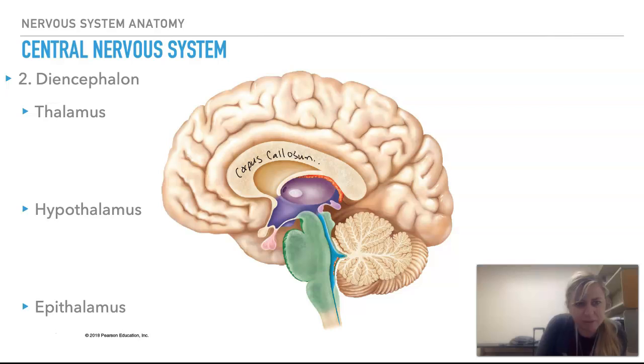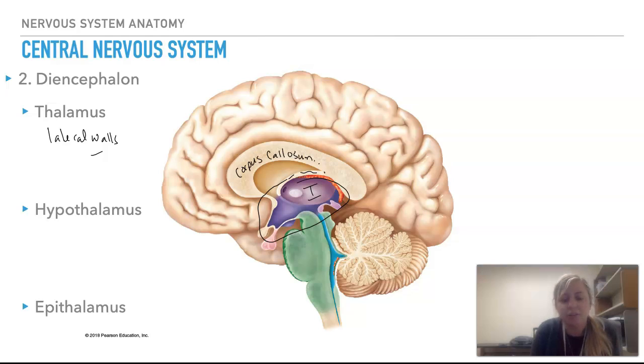The thalamus makes up what are basically the lateral walls. So the diencephalon is in this region here. And if you can imagine, I'm going to put a T back here, the lateral wall, and there would be one on the other side. And it's an important area for sensory relay